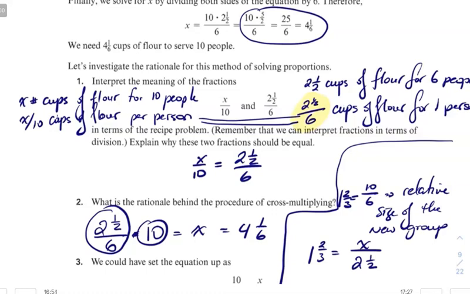More importantly, you could say that 1 2/3 times 2 1/2 is going to be our value of x. So this is the flour for the original recipe. You need to multiply that by 1 2/3. You'll need a larger recipe, because you'll have a larger group. It makes sense that that's why it's larger and why these two fractions are equal. Because as the number of people increases,